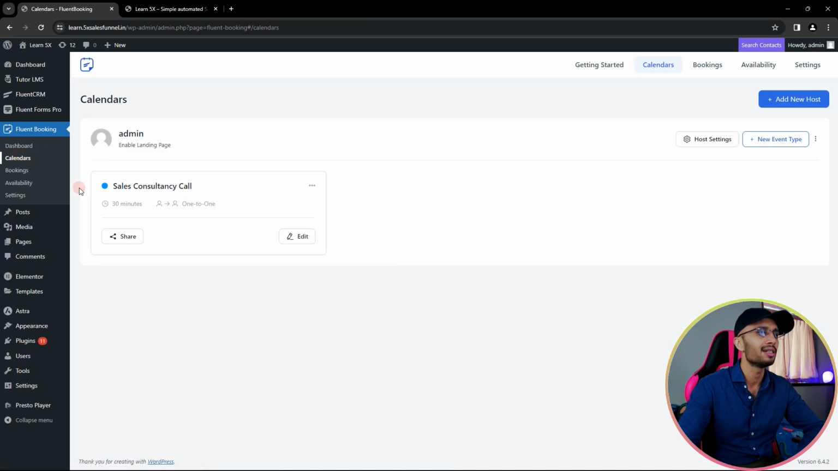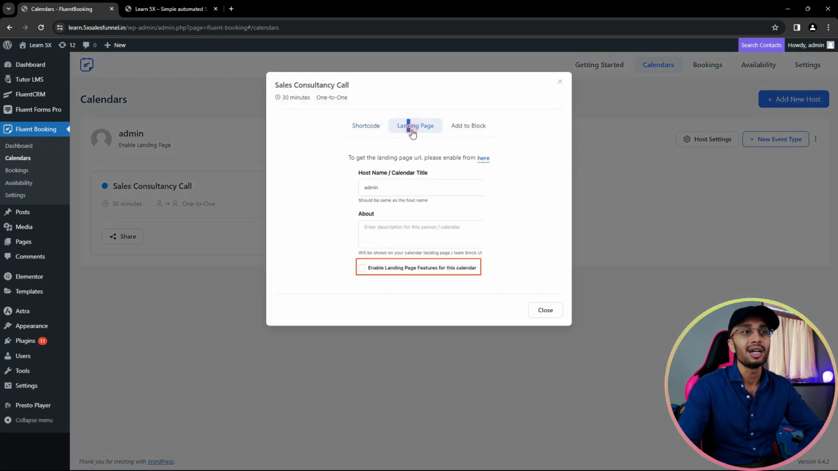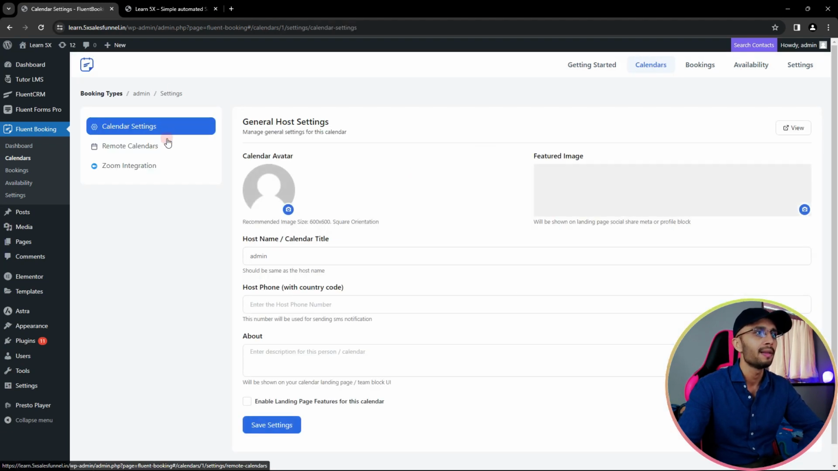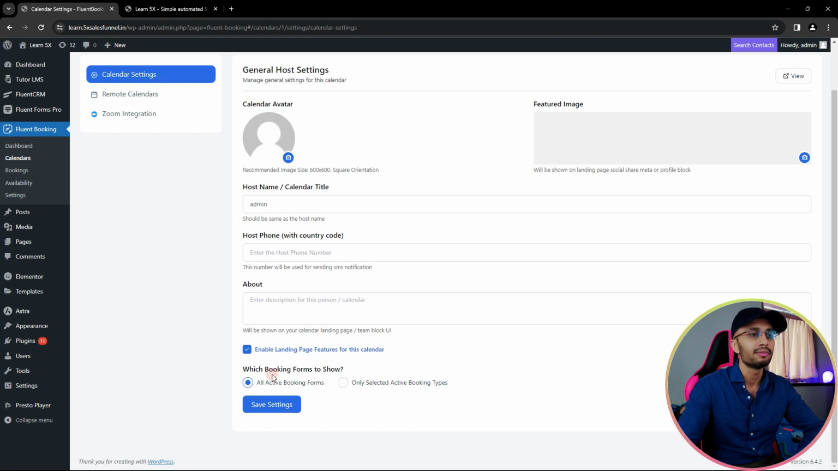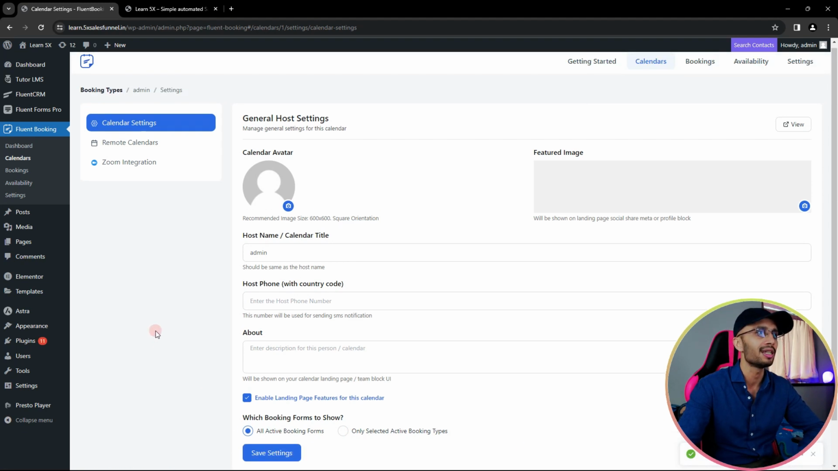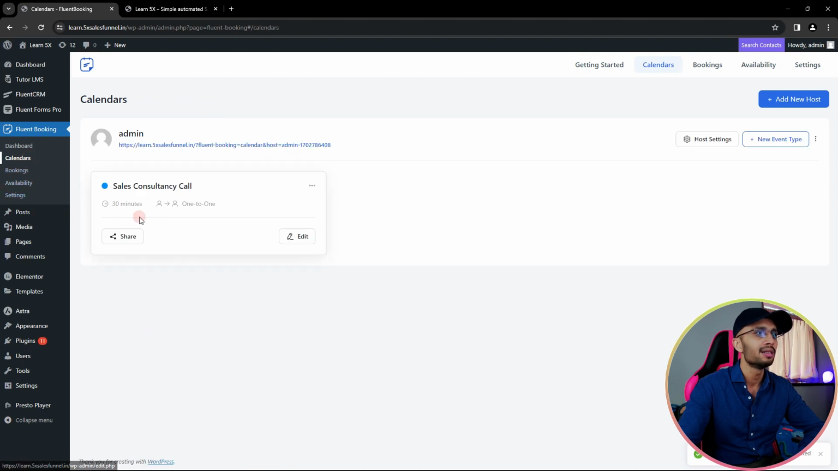Let's click on calendars, and you see that we have this first event ready. You can individually have a landing page itself. So to do that, let's first of all activate the landing page feature. I'm clicking on it, and then on the calendar setting, it says enable landing page features for this particular calendar, and we can individually select the different event types, or we can say, okay, I want a landing page for all my events. So I can save the settings,